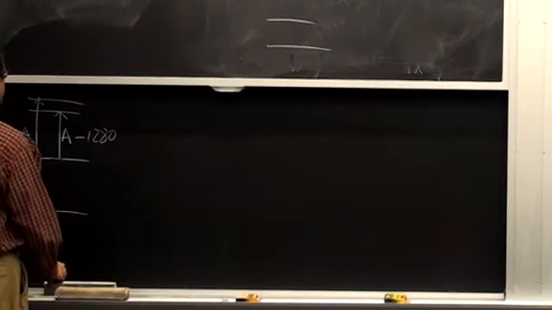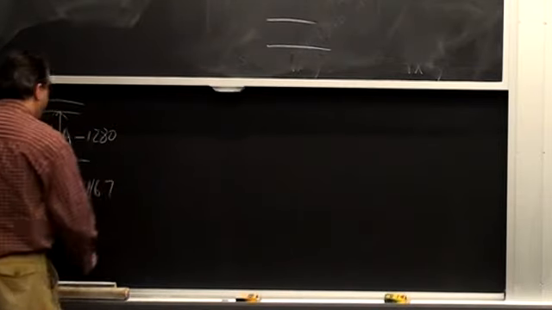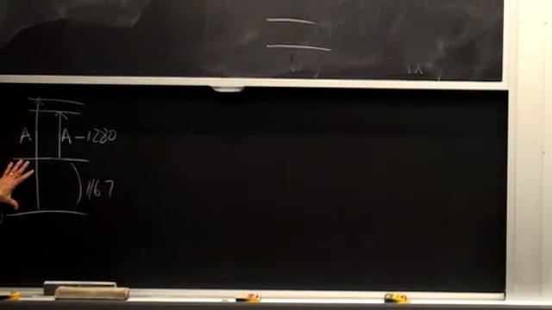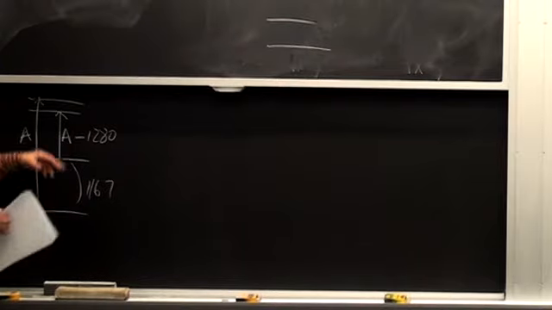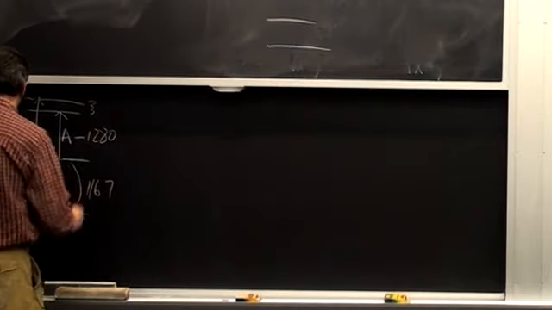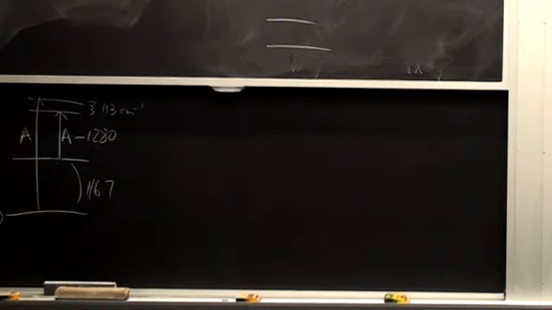And we know that this is 1167. So this is the vibrational frequency in the ground state. This is a transition to the A state, and it's shifted from the false origin by 1280. It's originating from here, and so you can conclude that this splitting is 113 wave numbers. Okay, so